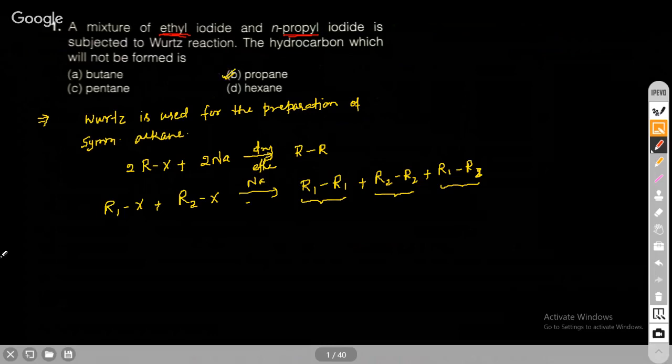This you must keep in mind. They have asked one question like this, that how many products are possible in this reaction. So always remember, different alkyl halides give you three different alkanes, so three products are possible here, correct? But in this question the answer will be option B, right? Next question, you see,